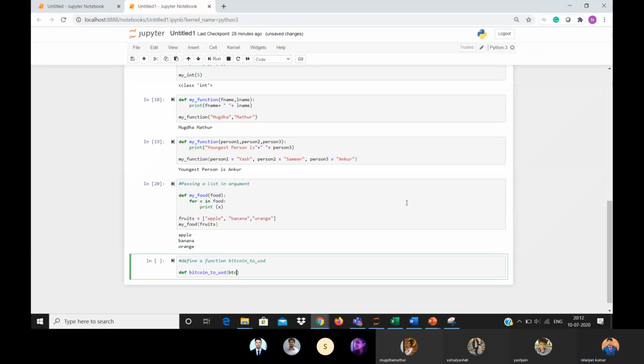So this is the number of Bitcoin basically. So USD equals BTC into the value that was 9177.60 USD.